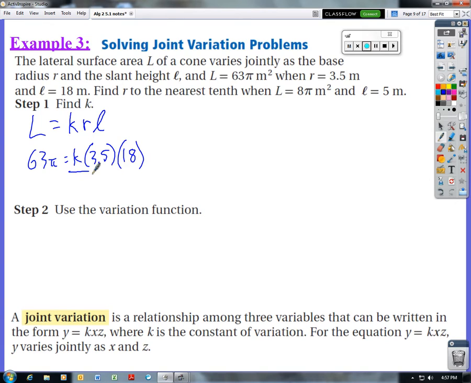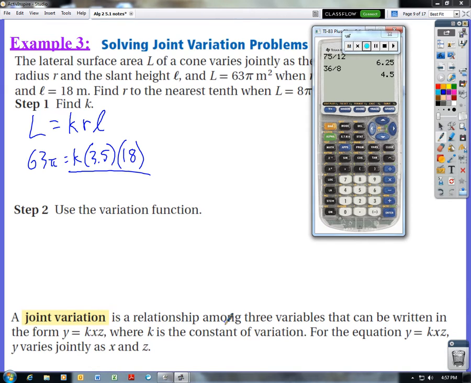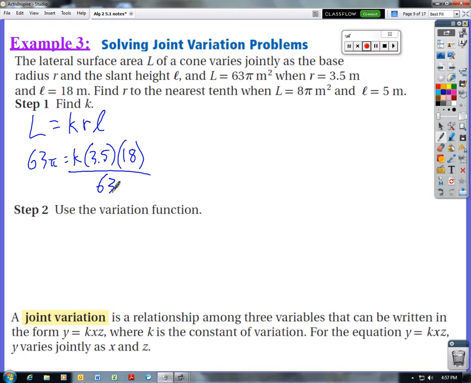Now to find K, I'm going to divide both sides by 3.5 times 18. So I'll go ahead and multiply those together to simplify it. We got 3.5 times 18 equals 63. Oh, that's nice. So that gets rid of those. And then we divide 63 pi by 63, and we find out that k equals pi. So we plug our k value into our original equation, and we come up with the equation